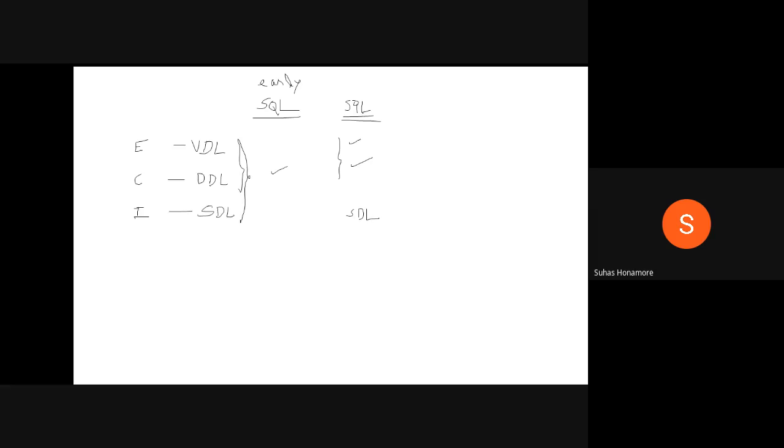Internally, any software, if you consider MySQL or Oracle 11g, has SQL plus a little bit of the SDL part. It's not thorough, I'm saying a little bit, because whatever we are using are all free versions.